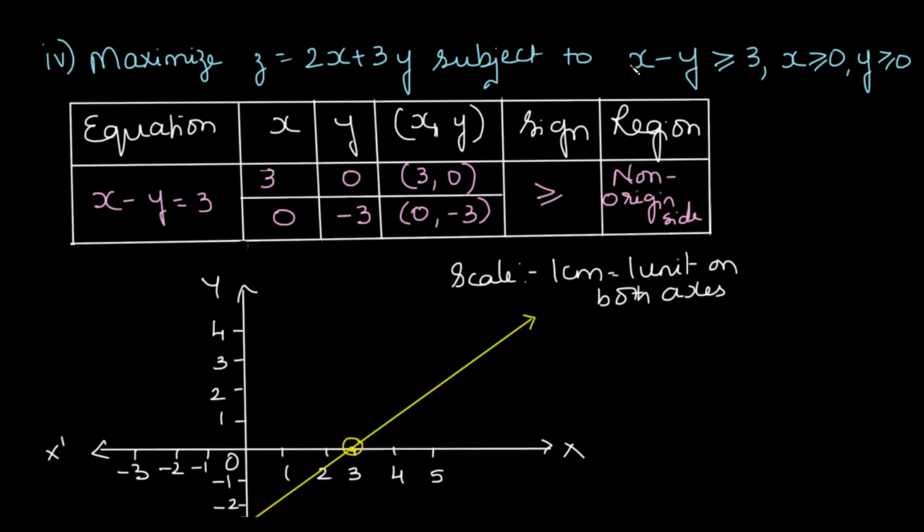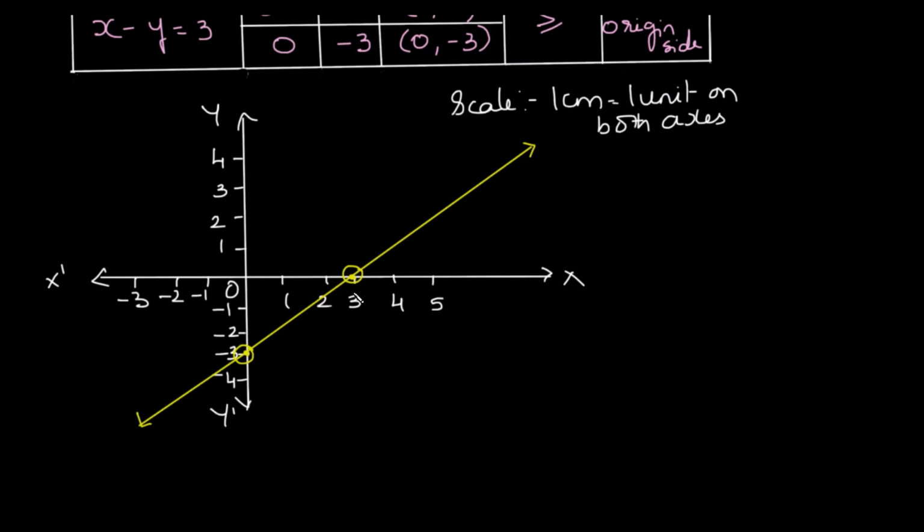As usual, we convert this inequation into an equation and get any 2 points on the particular line. As you can see, one of these points has a negative y coordinate. The sign is greater than or equal to, that means the region is on the non-origin side of the line. So the line has already been plotted for you over here, this one, and the region is on the non-origin side. Also, considering the non-negativity constraints, we have our feasible region lying in the first quadrant only. That means we have the feasible region lying over here.